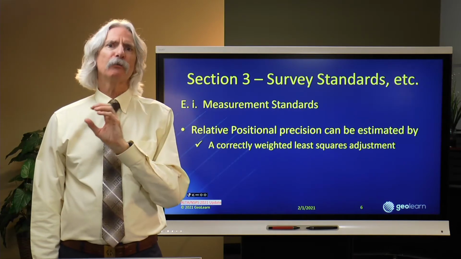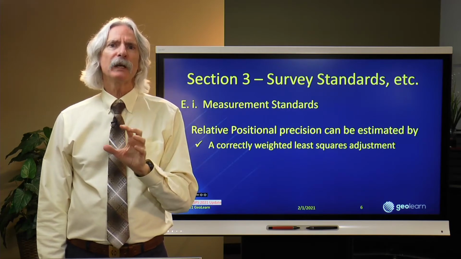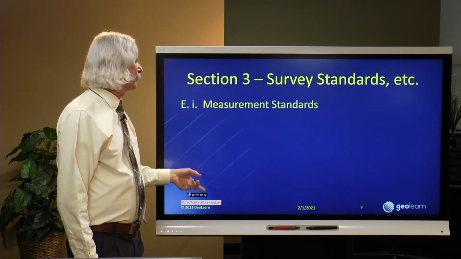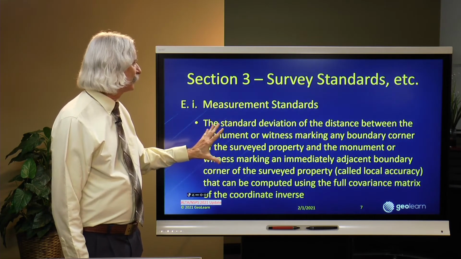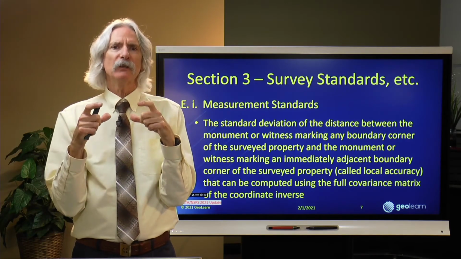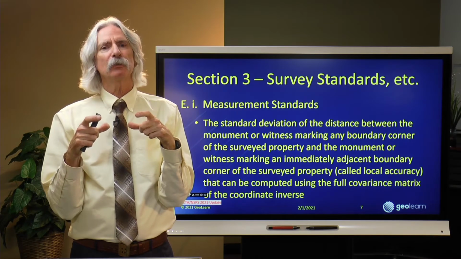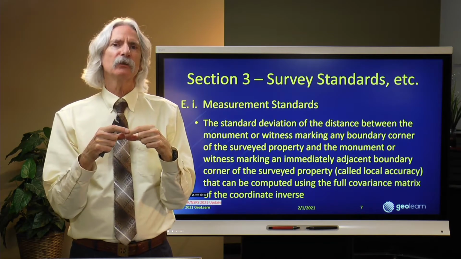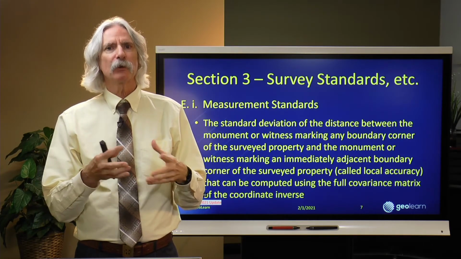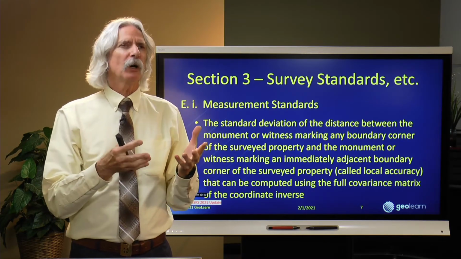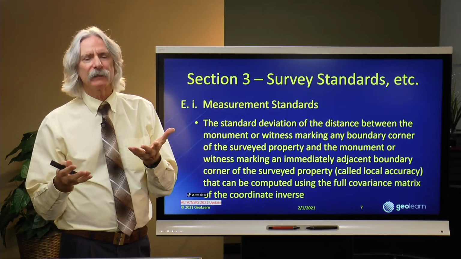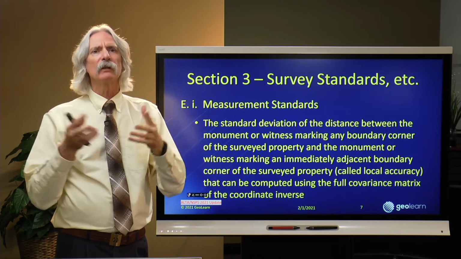But in order to frame this whole thing better and create a better standard, we created another option on this. And what this does is it frames the whole measurement standard, the relative positional precision, in the context of a term called local accuracy. And this is something that I had concern with for a long time, which was when we're talking about the relationship, it's kind of like relative to what, right? The relationship of this corner to this corner relative to what?